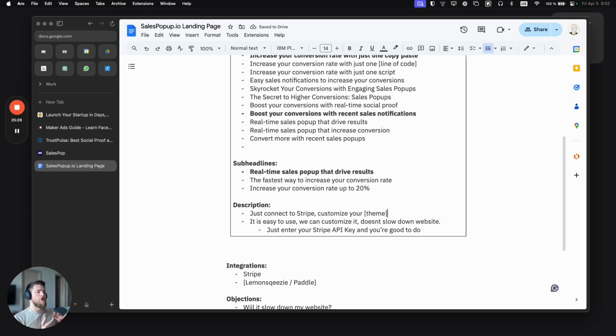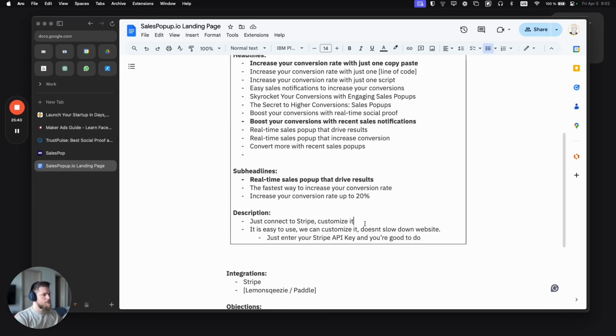I get the overall idea, but yeah, customize it maybe. But it is not clear, because I don't have anything before customize it. What is it? So I need to mention SalesPopup before that. But yeah, customize it and